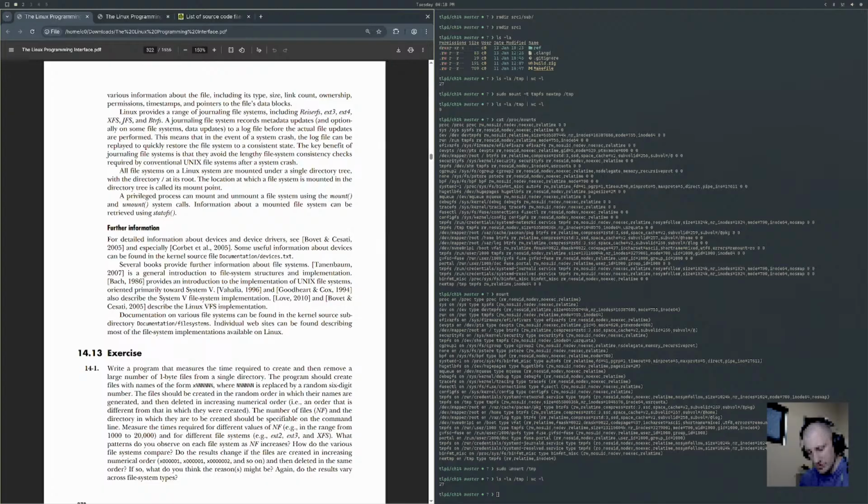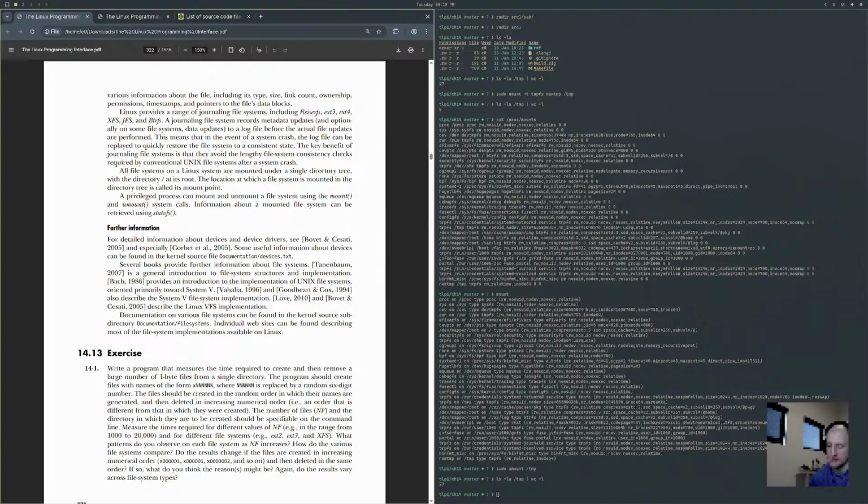Another provides an introduction to the implementation of Unix file systems, oriented primarily towards System V, and also describes the System V file system implementation. Another describes the Linux VFS implementation. Documentation on various file systems can be found in the kernel source subdirectory Documentation/filesystems. Individual websites can be found describing most of the file system implementations available on Linux.